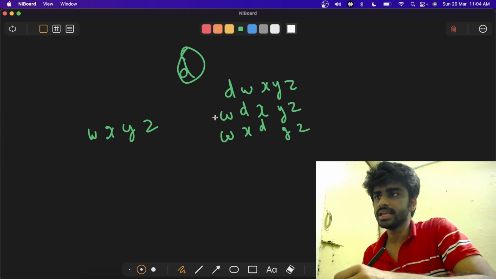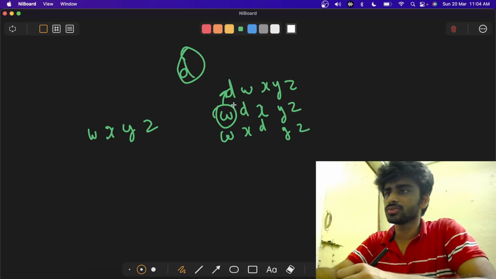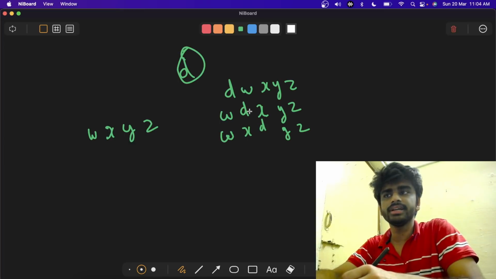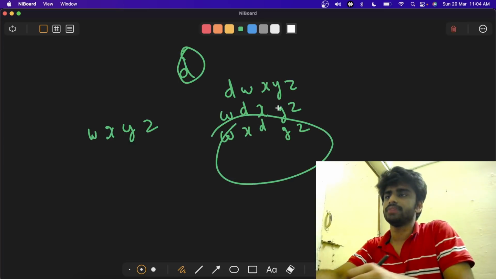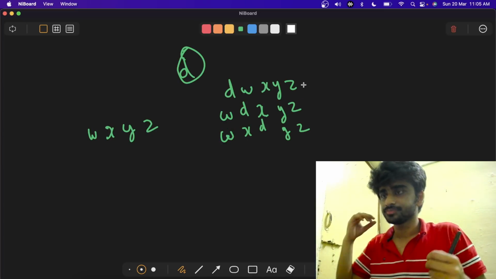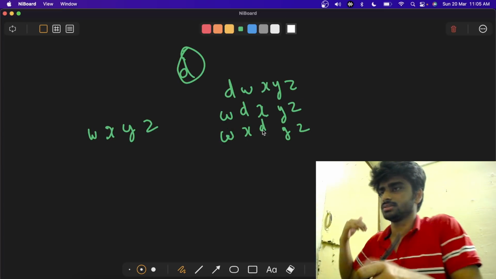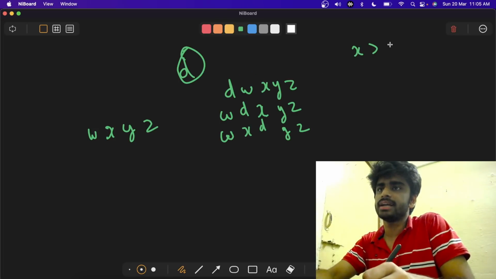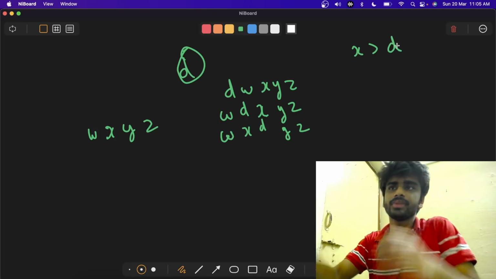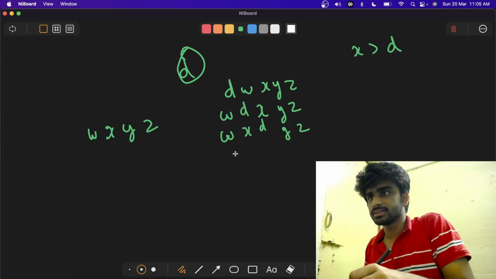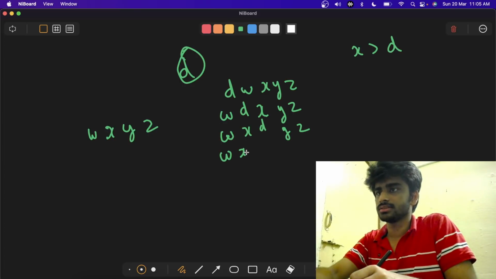So obviously if W is smaller than D, all of these strings will definitely be smaller. Similarly, if X is smaller than D, then all of these strings will definitely be smaller than this one. So basically, we have to find a place. We will keep going to the next place until we find a digit that is greater than D. So if that digit is greater than D and we put D there, then when we compare with all the others,